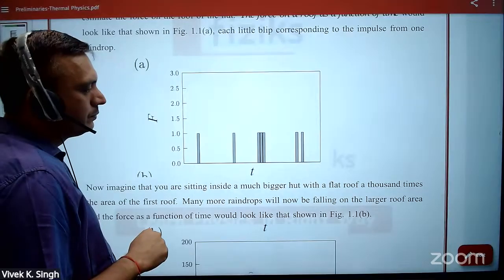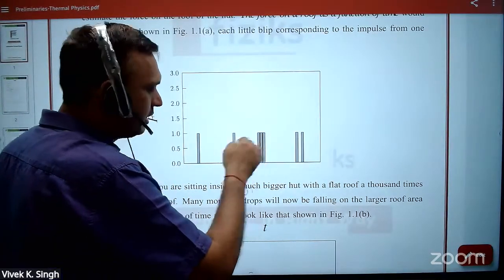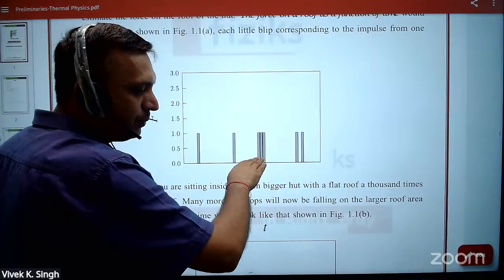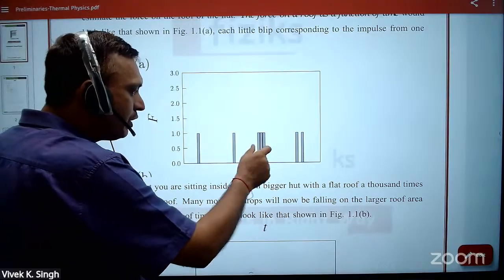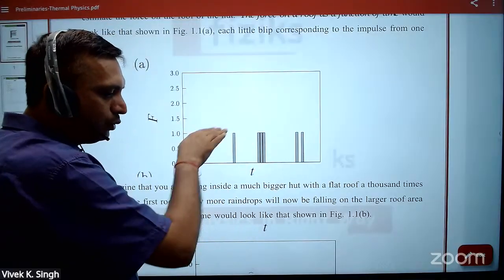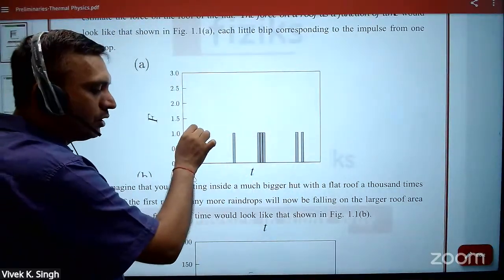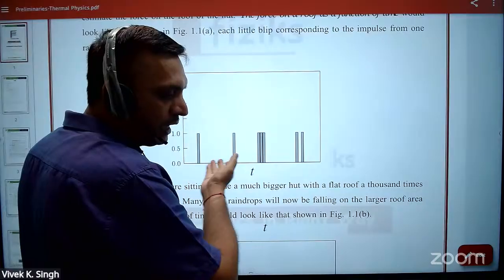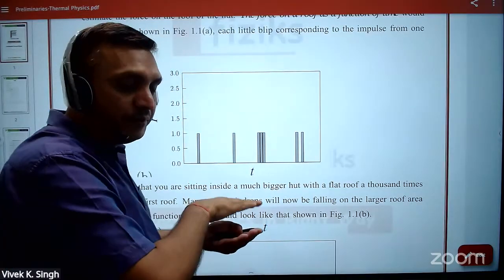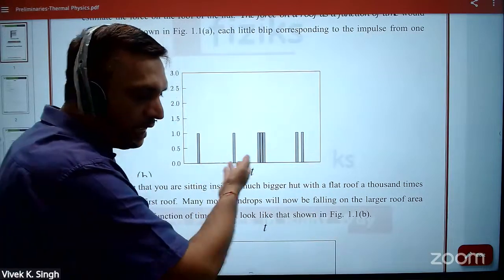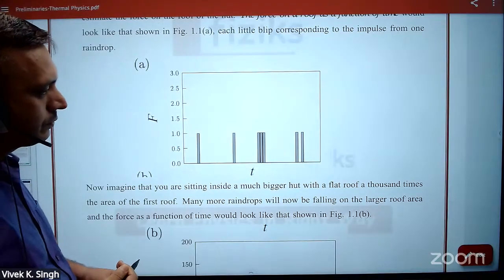Isn't it? So in this case, if you see the average force, there will be a large fluctuation in the average force. Because when you take the average, there will be a slight variation, they will not be constant. Sometimes it is 0, sometimes constant. So if you take the average, the fluctuation has a large difference with the average value of force. Yes or no?